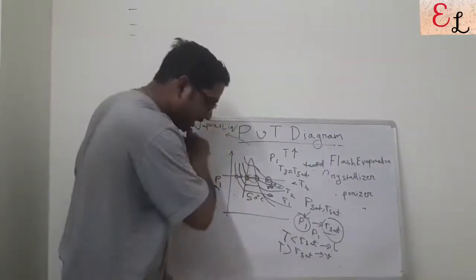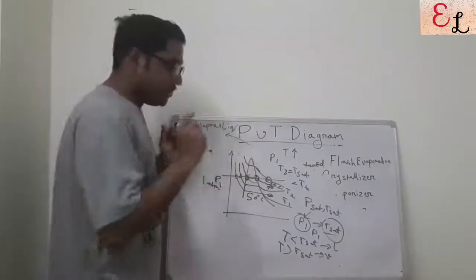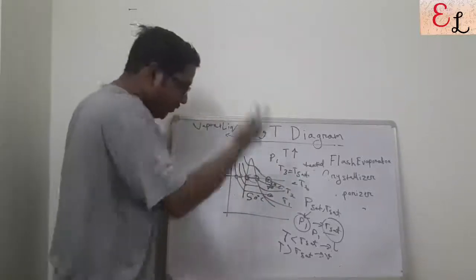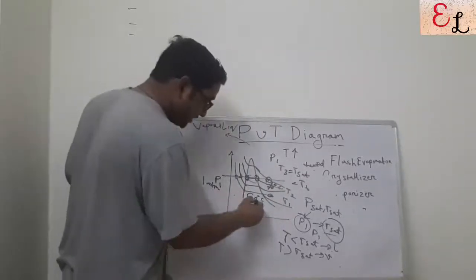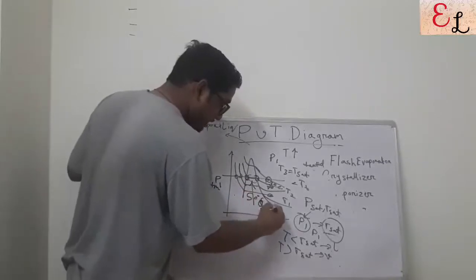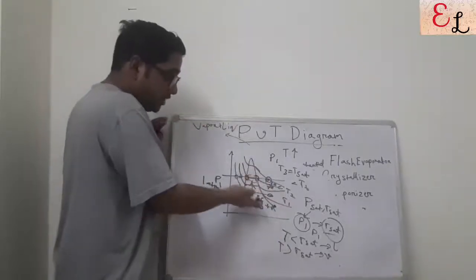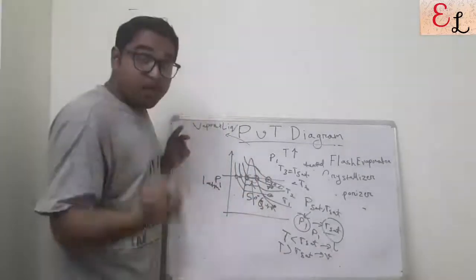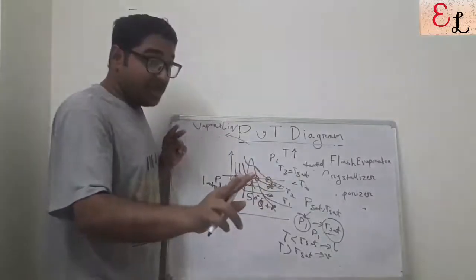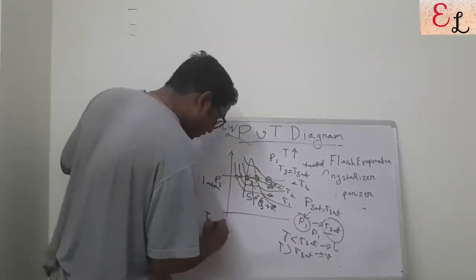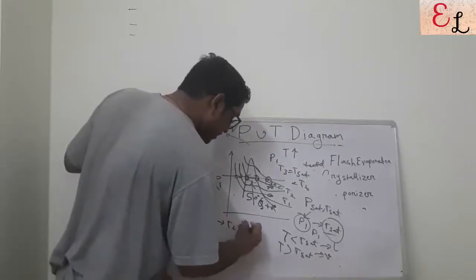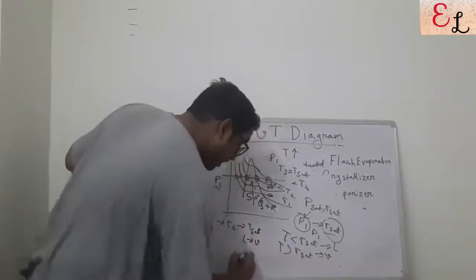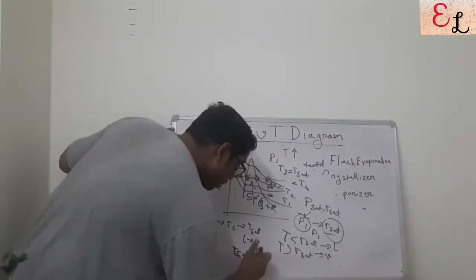Further increase will complete the vapor formation. If we keep on giving heat, that is Q, to the system, the temperature will first rise, then it will reach Tsat, then the phase transformation will occur and no temperature rise will take place. So first the temperature will go from T1 to T2 to Tsat, then it will remain constant at Tsat while the liquid to vapor transformation occurs, then from Tsat it will go to